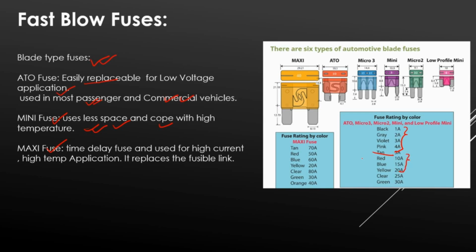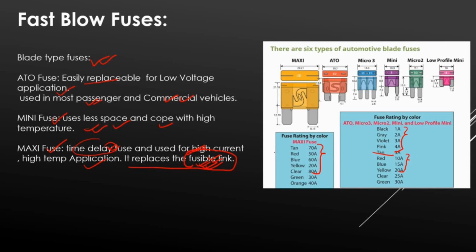And for mini fuses also, this is the condition, they are used for the lesser current. Coming to the maxi fuse, the maxi fuse also comes with a time delay fuse characteristic, sometimes used for high current, high temperature application, and it replaces the fusible links. So I have discussed the fusible link in the first one. Fusible links are bulky and they use more space. Instead of using fusible links, we can use the maxi fuse, which uses less space and gives the high current application as well. Okay,